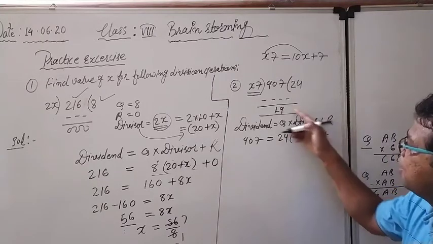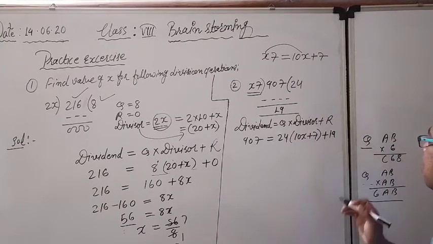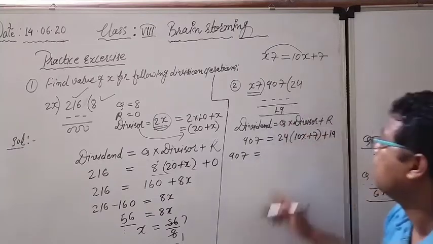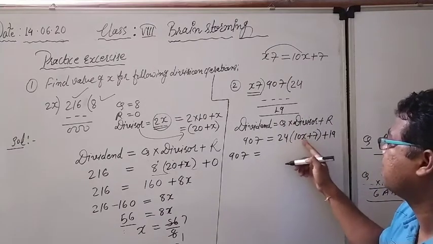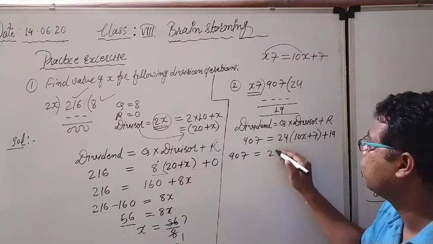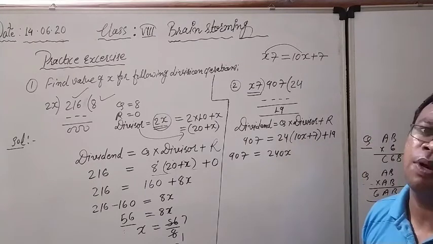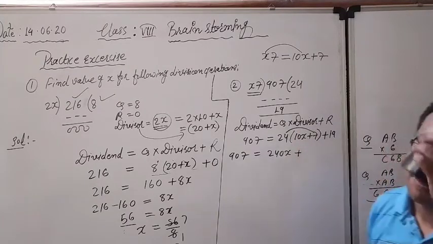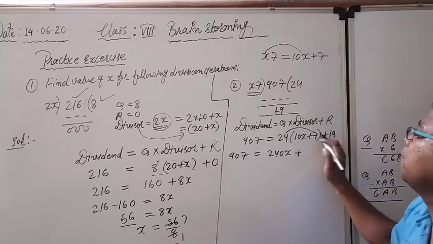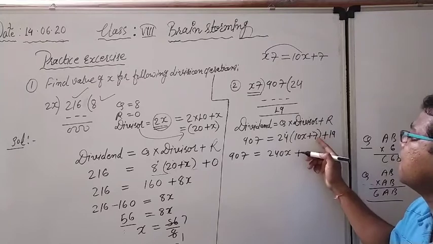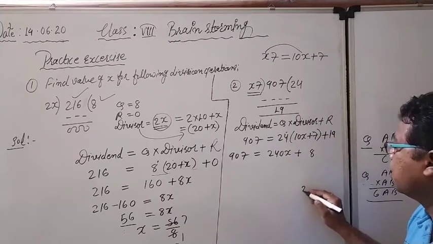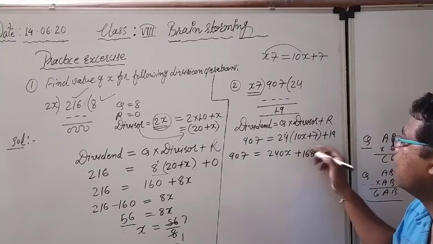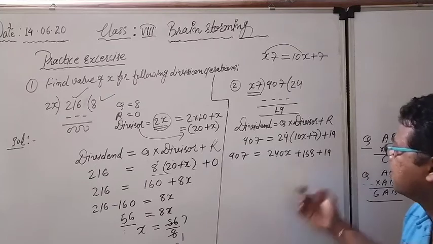So all the things you already know, nothing is there, you only have to solve the equation. Right now see, plus remainder, here 19. I have to solve one by one. See here, 907 is equal to 24 multiplied by 10x, so it will give me 24 into 10, 240x. Anybody has any problem? I don't think any problem will be there. Plus, again that 24 I have to multiply with the 7. So how am I going to multiply? See here, I have to read the table of 7. 7 4s are 28, 2 carry. 7 2s are 14 plus 2 is 16, and after that plus 19. Same thing, no problem.